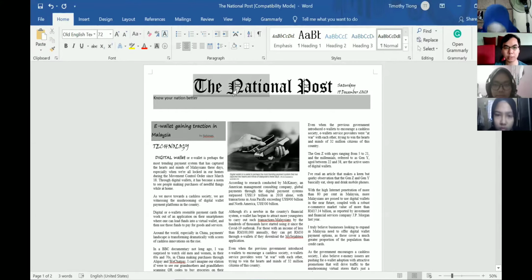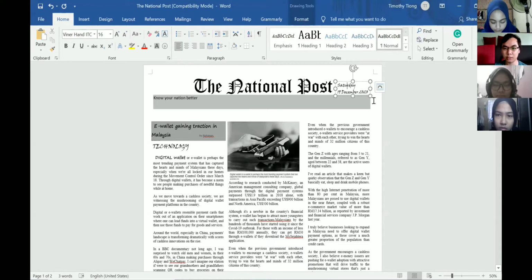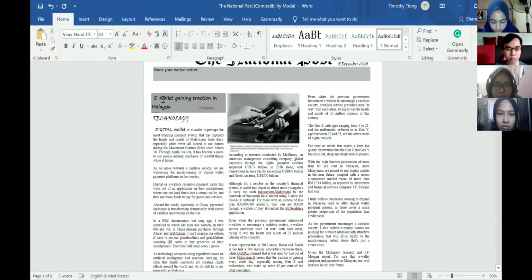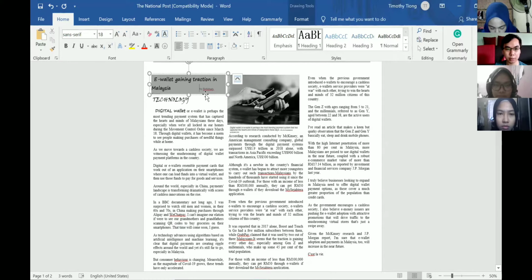This is the title, the National Post, using the Old English text. It looks like a kind of English news. And then there is the date of our news published date. And this is our slogan, Know Your Nation Better. So I will put the title like this, followed by the